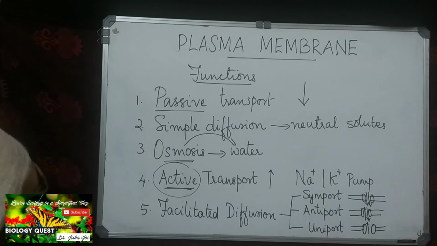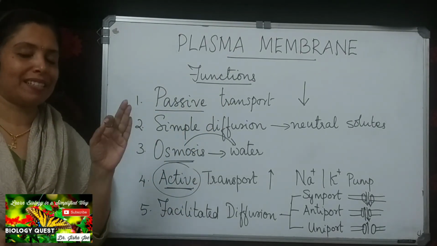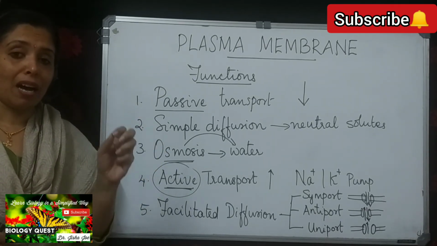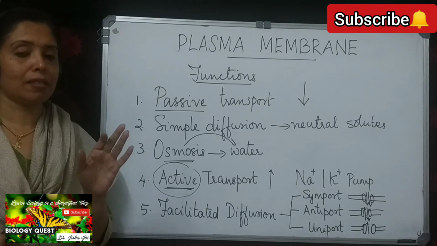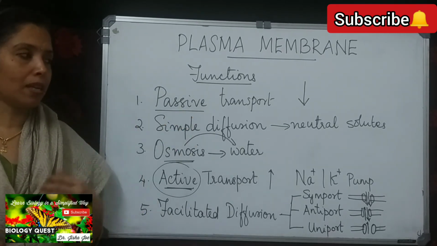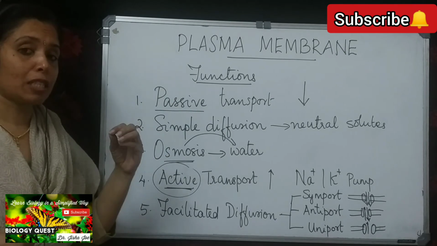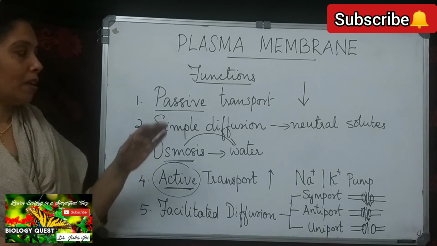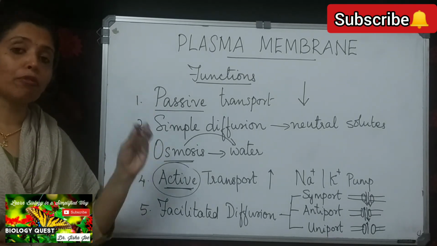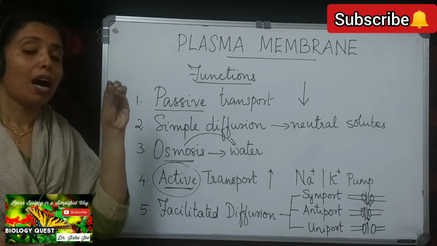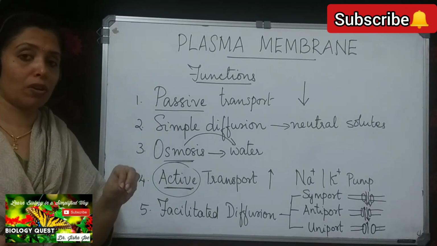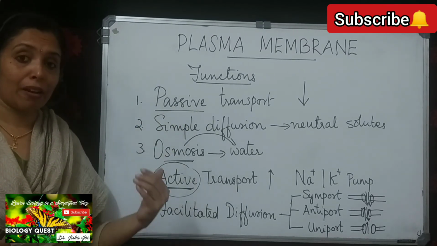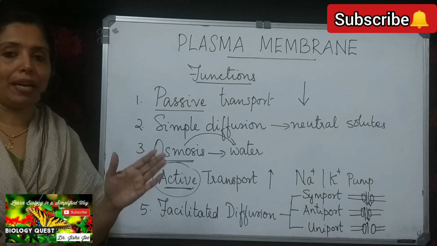So now once again, the plasma membrane, as we know, is a selectively permeable membrane. The function of the plasma membrane is to allow selected molecules to pass into the cell or towards the outside. This transport of substances into or outside the cell occurs in different ways. The first one is passive transport, where movement of molecules occurs from a region of higher concentration to a region of lower concentration without the expenditure of energy. So movement occurs along the concentration gradient, and no energy is involved.